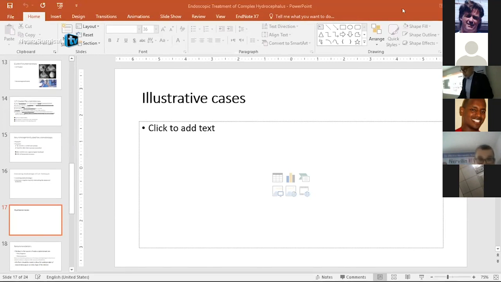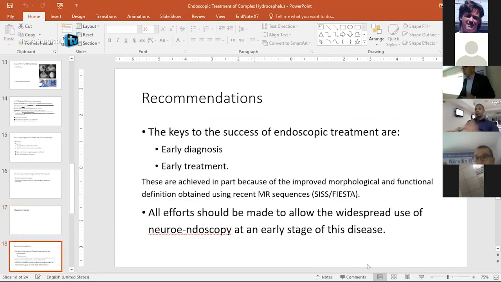Okay. This is regarding complex hydrocephalus. I have two other cases to share with you. I know that this is a little bit advanced level, but it's nice to know that we can manage other cases with endoscopy. First of all, as regards our recommendation regarding the multiloculated hydrocephalus,